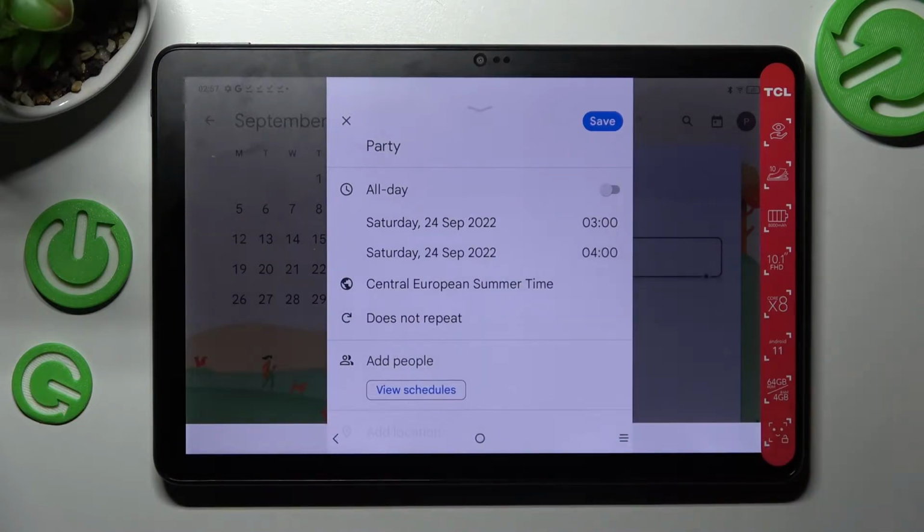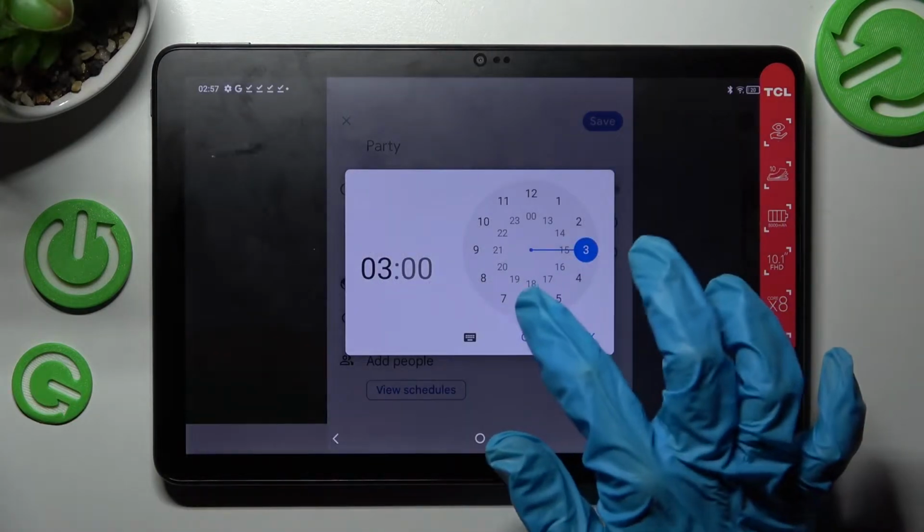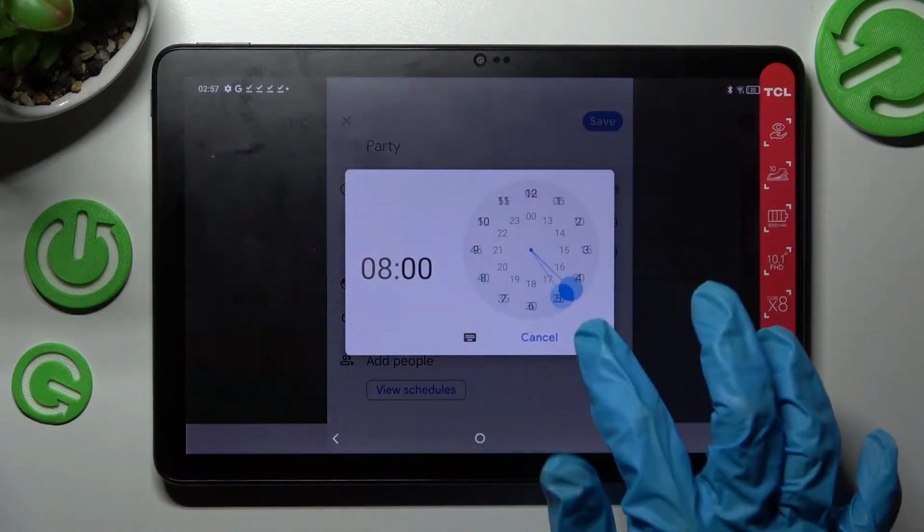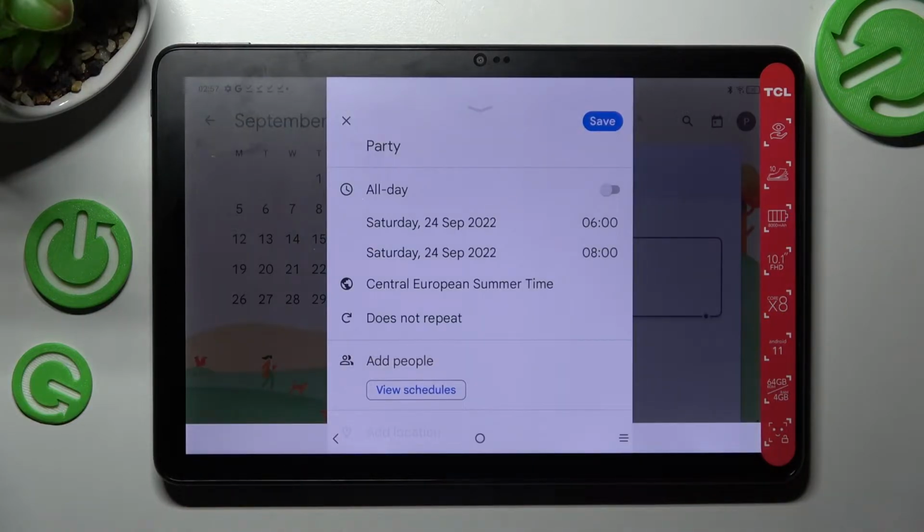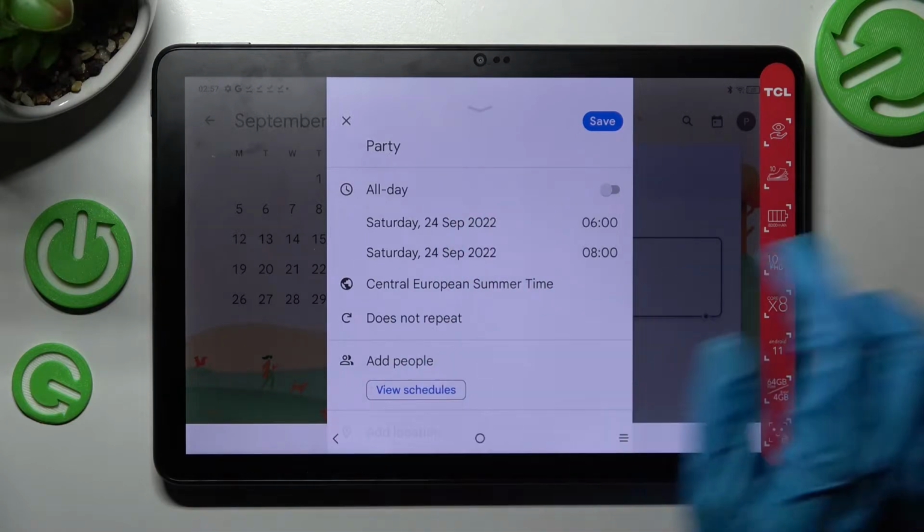For example, add title. Then pick starting hour over here and ending one. If you don't want to do that, you can always disable this feature completely as well by choosing this switcher